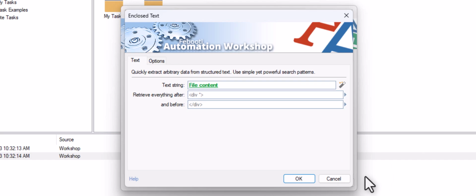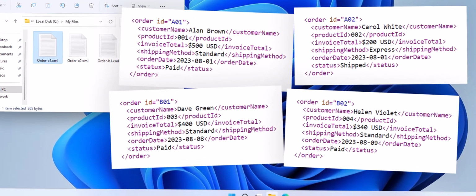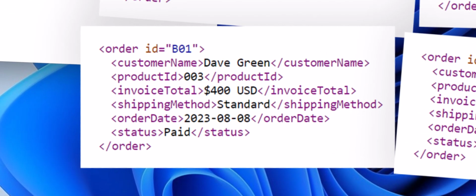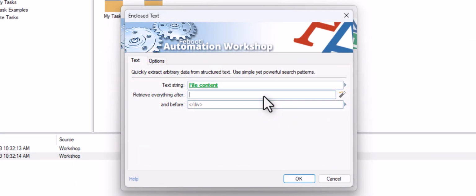Now we'll specify our starting and ending marks. Let's take a look at one of our XML files again. While I could use XML tags as the starting and ending marks, our function can recognize any text string, not just XML tags as such. Given that the $ and the sequence USD only appear once in the XML, I can use them to directly extract the amount. This approach saves us the step of trimming the $ and USD when calculating the sum. Let's do that.